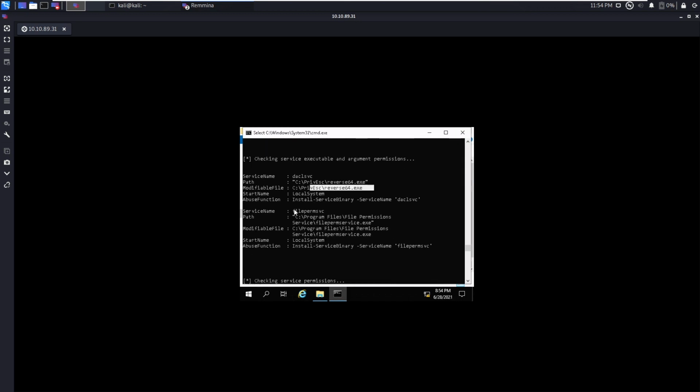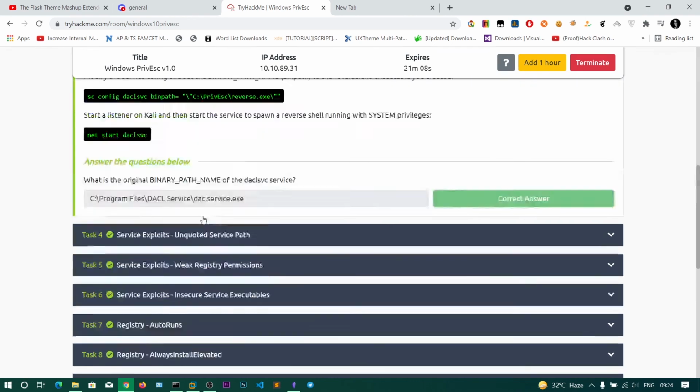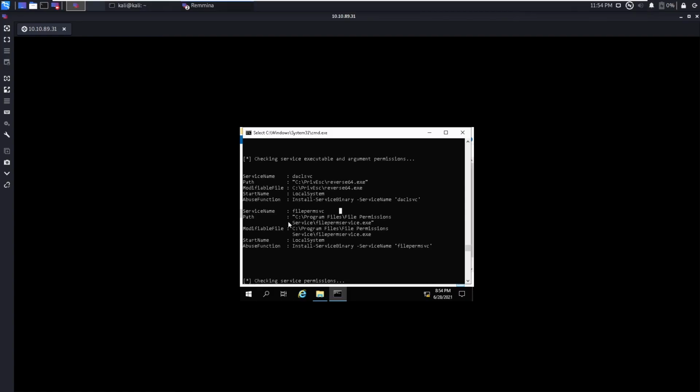So we have also the file permission service. So that is located at this one. So I think there are two services. So let's see file permission services. So okay, if they did not cover this one, we'll be trying to do this one.